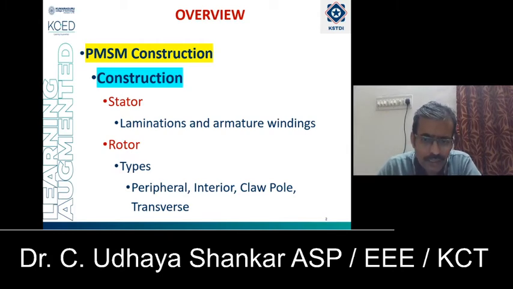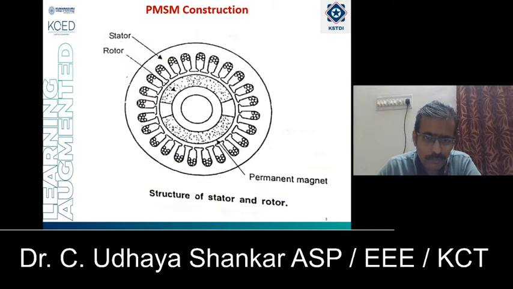And now let us see the cross section of the permanent magnet synchronous motor as shown. So here you can see 2 different parts. One is the stator, the other one is the rotor. In a permanent magnet synchronous machine, the rotor is of permanent magnet type, whereas the stator has the distributed winding and you give the 3-phase supply to the stator windings. So stator is the armature and rotor is the rotating element here.